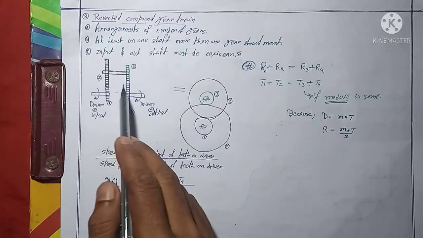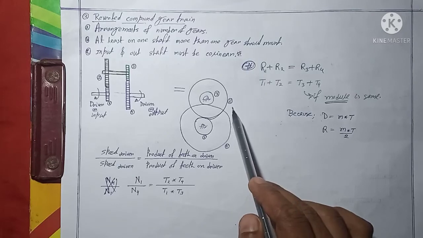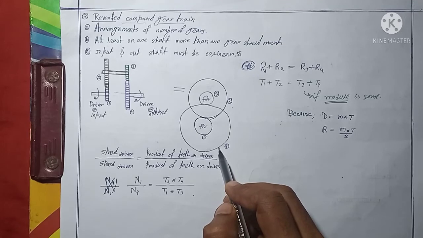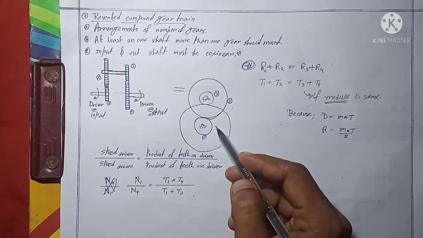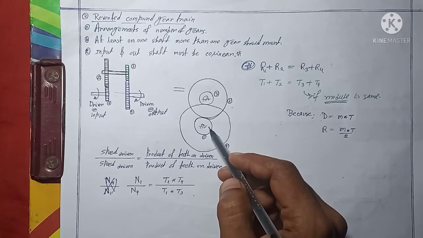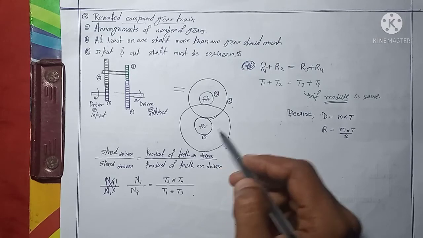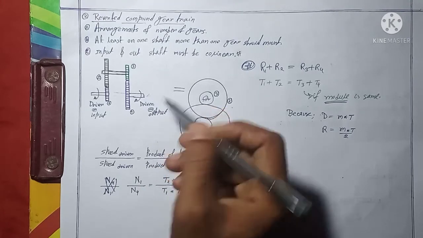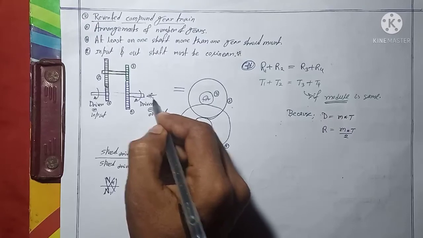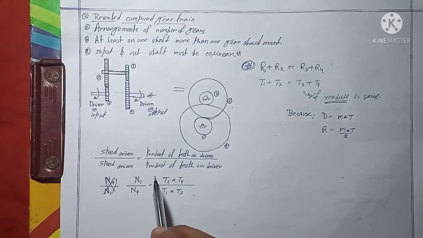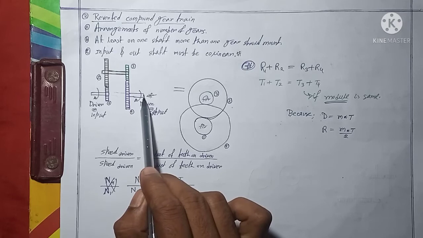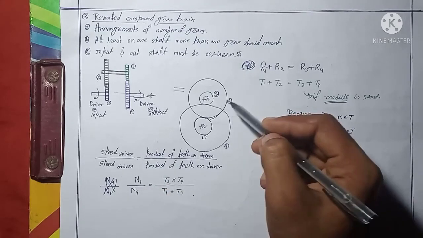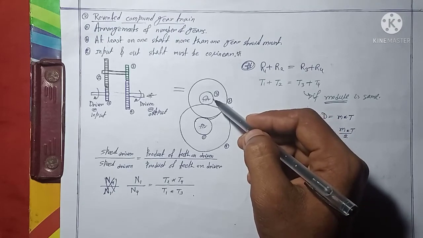Now the same diagram you can represent in this form also. Here you can see this is gear number 1, this is gear number 4. Basically there are two shafts present and both shafts are collinear. That's the reason they basically overlap each other. From the side view, you can't observe that both shafts are there; you are able to see only a single shaft. And here gear 3 and gear 2 are both mounted on a single shaft.